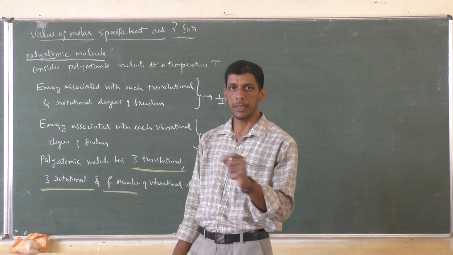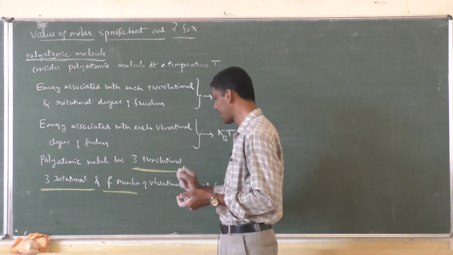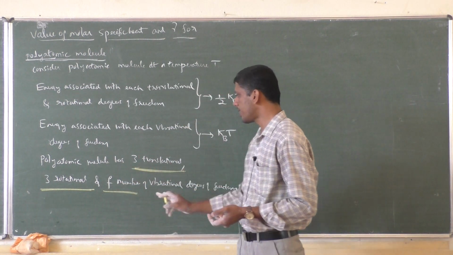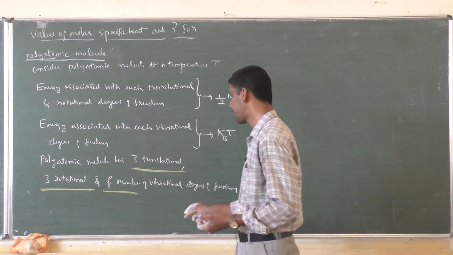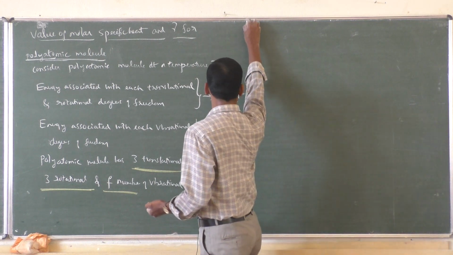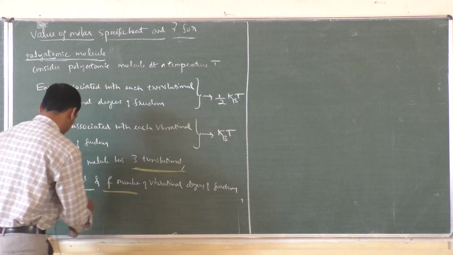F is a number that could be 1, 2, 5, or any value. So if we consider a polyatomic molecule, then it has 3 translational, 3 rotational, as well as F number of vibrational degrees of freedom. Now, what is the average energy in this case? Hence, the average energy